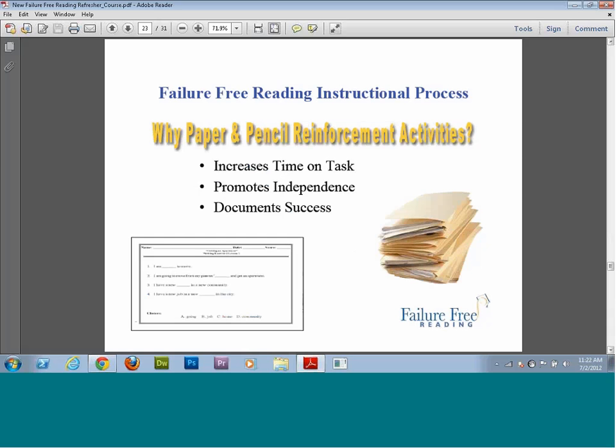Okay? And why paper and pencil reinforcement activities? Paper and pencil reinforcement activities add to the time on task component. So you've got the student working with the teacher effectively in group time. You've got the student working independently on the computer with their headphones, or through the use of the ASL video. And then we should have provided enough support from instruction so that the students can work independently on their reinforcement